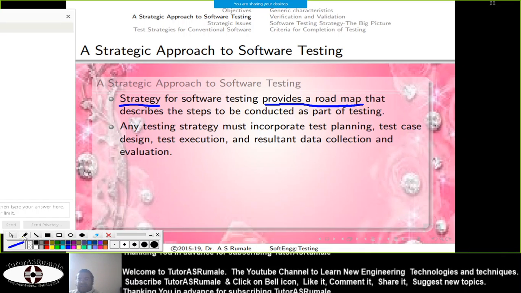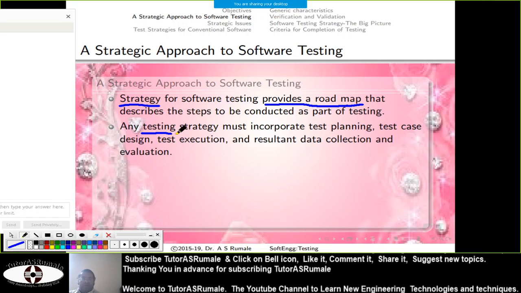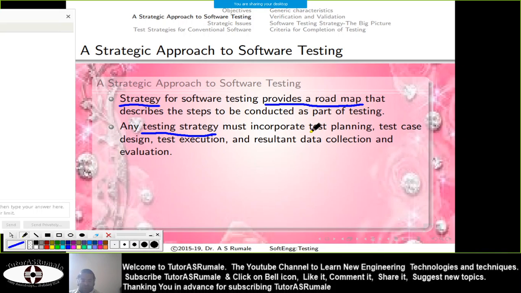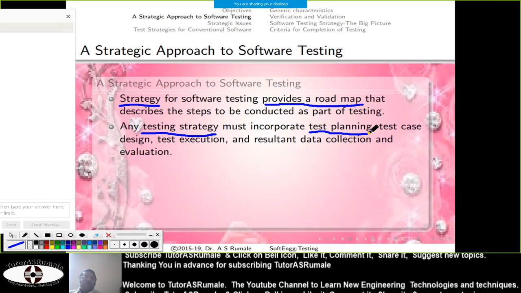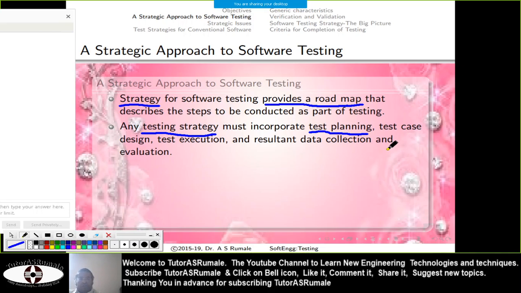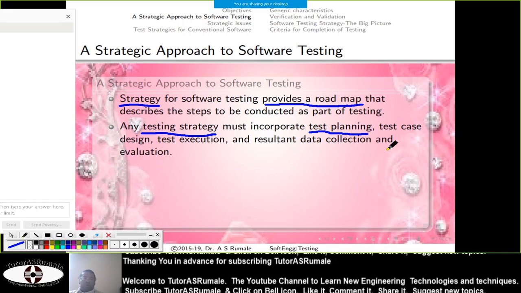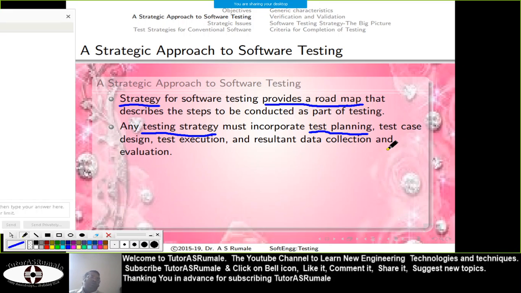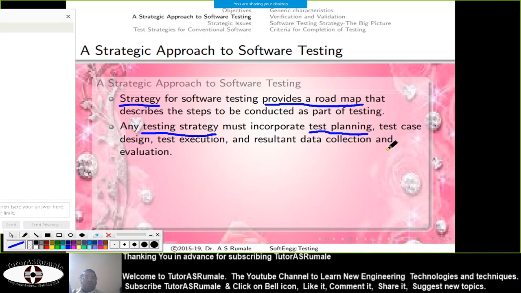So what exactly does a testing strategy mean? I'm simply underlining, testing strategy equals test planning. Even if you want to do something, we require a plan. For example, suppose in the early morning you want to do exercise. After exercise you want to read some books, or listen to music. After that you want to do something else, you require planning.